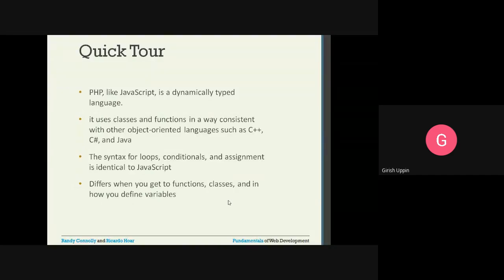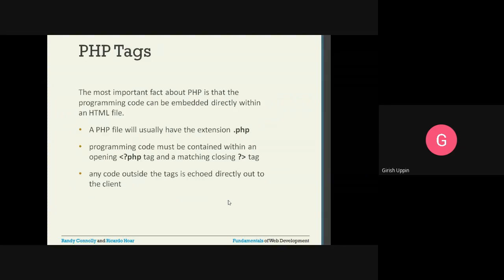Already we have seen in JavaScript how the loops are used, how the assignments and conditionals are there. It is identical to that. It will differ when you get to functions, classes, and in how you define variables. So there is a difference in the functions, classes, and how the variables are defined.